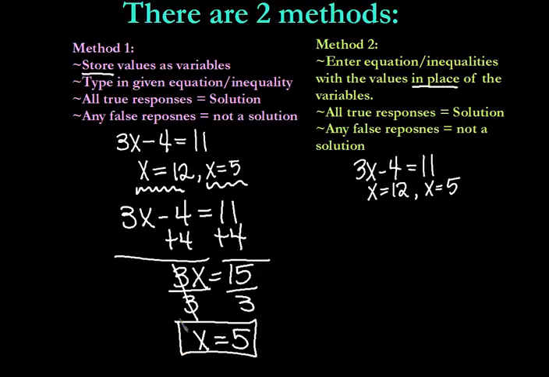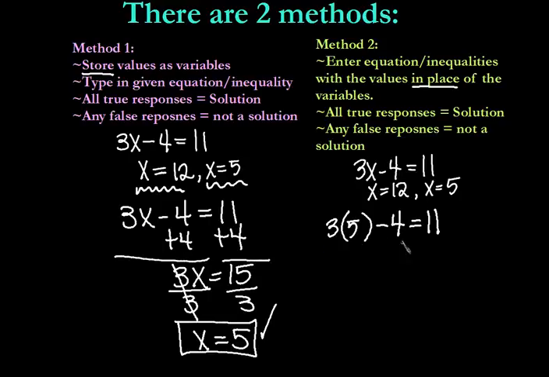Now that we know what the solution is, we know that it's 5, we're going to test it with method 2. Method 2 is the algebraic method, and it can be done by hand or in the calculator. By hand, it would be done like this: 3 times 5 minus 4 equals 11. Since I solved for x and I found that x was 5, I substituted it back into the equation for x, and then I'm going to